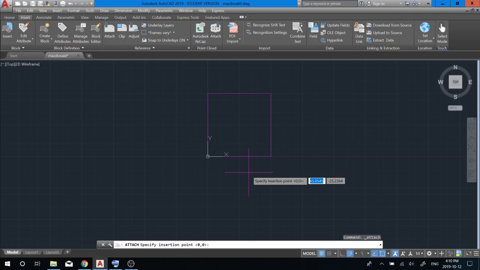It's asking me to specify my insertion point, and already I can tell my sticker is very, very small. Some stickers end up being really big, but mine is very, very small. We're going to see how this goes. I'm going to specify my insertion point. I want that to be 0, 0. So I can click on the endpoint here, which is my 0, 0, or once again, looking at,